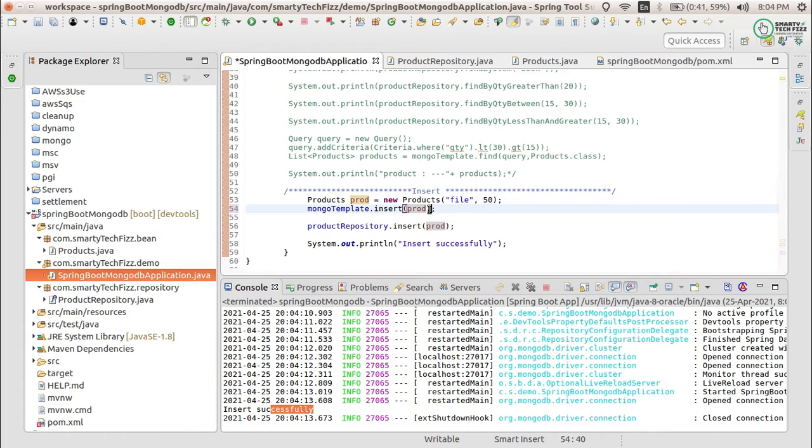Once inserted, the underscore ID field has been generated, but if it tries to insert the same object again, it will give you a duplication error. So be sure to use only one method to insert your document, correct? This is what we have learned in the insert operation.